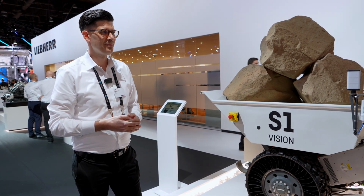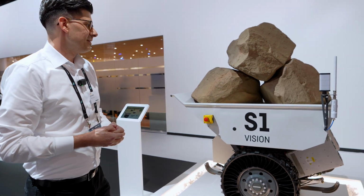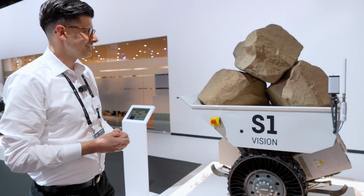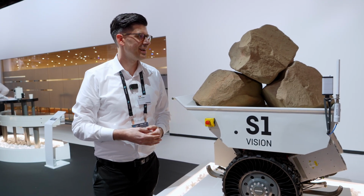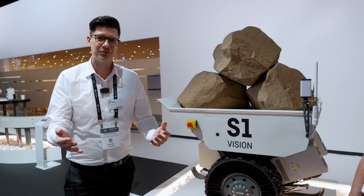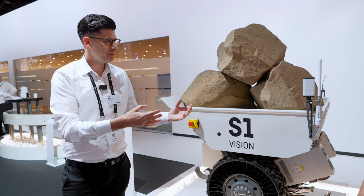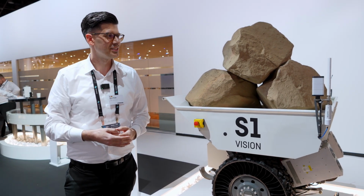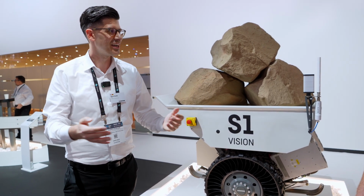Yes. And what is the estimated timeline on this product? So this is really a vision, it's a concept, it's our first prototype showcasing the innovative capabilities of Liebherr. And we're seeking out customer feedback here at MINExpo. We will also then bring the product to Bauma in 2025. Hope to get some positive feedback from our customers, and then we will see and decide on the future direction